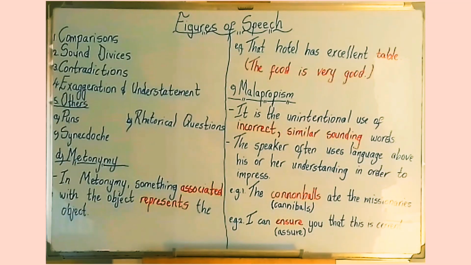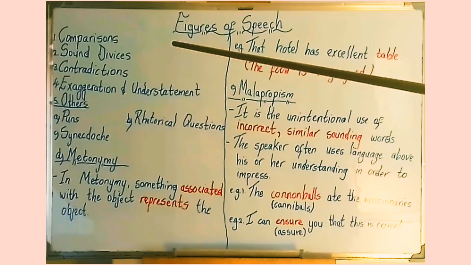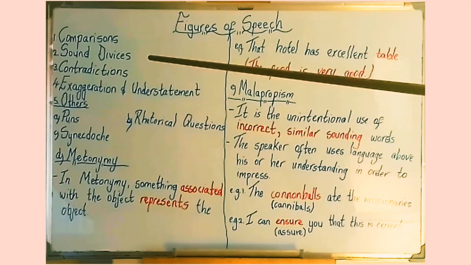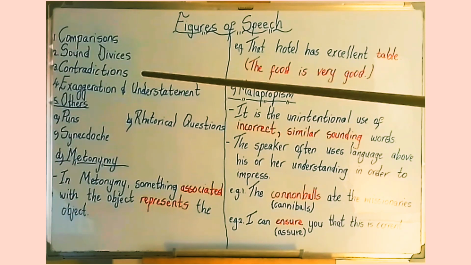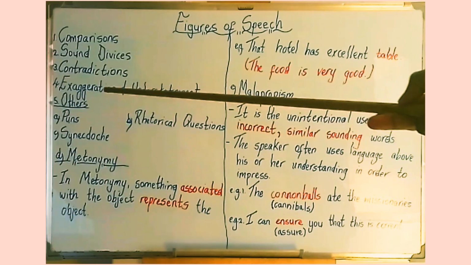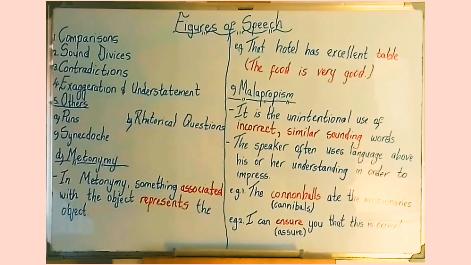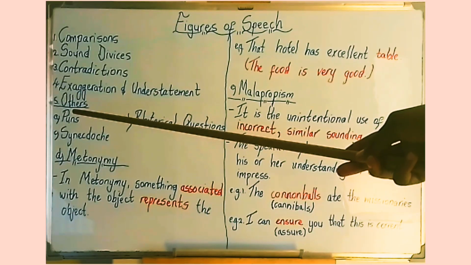We said we have 5 characteristics of figures of speech. We said number 1, we have comparisons. Number 2, we have sound devices. Number 3, we have contradictions. And number 4, we have exaggeration and understatement. Then we have number 5, which is others. So we already studied number 1 up to 4, and we are still learning about number 5, which is